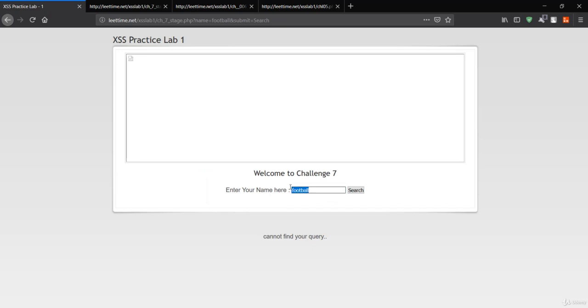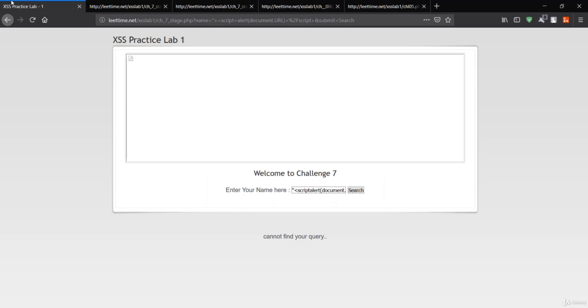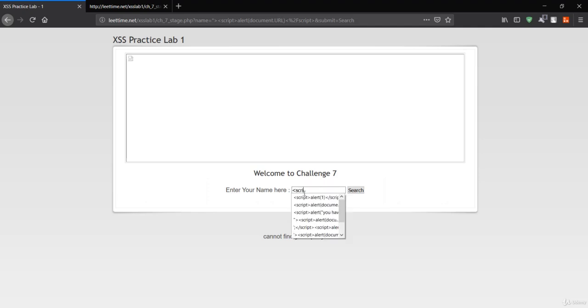That is our script. So let me just put here document.url. Let me just press search. Let me press Control U to see the page source, and you could see that anything you just typed over here has been converted into the string. So that is strange. What we have done here was we just gave the simple input in that field, which was a script, but it has been converted to the string.